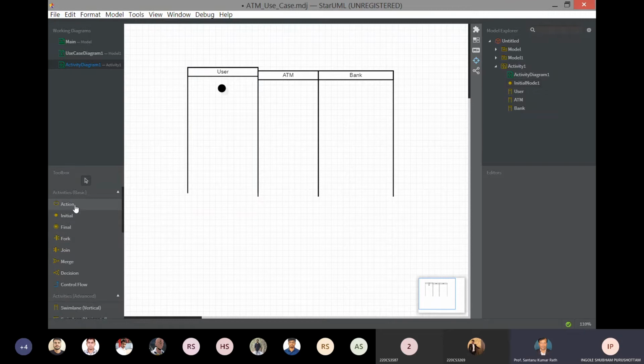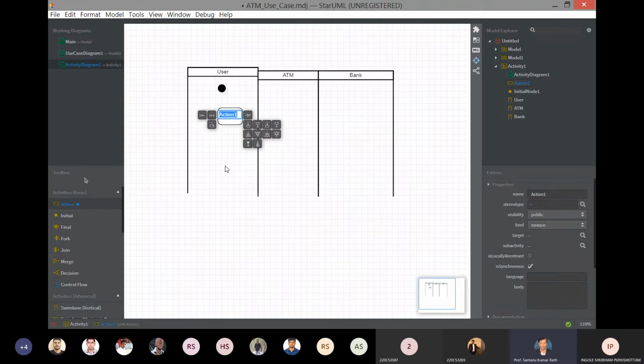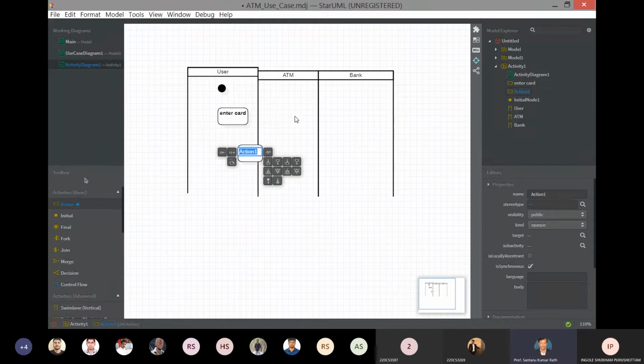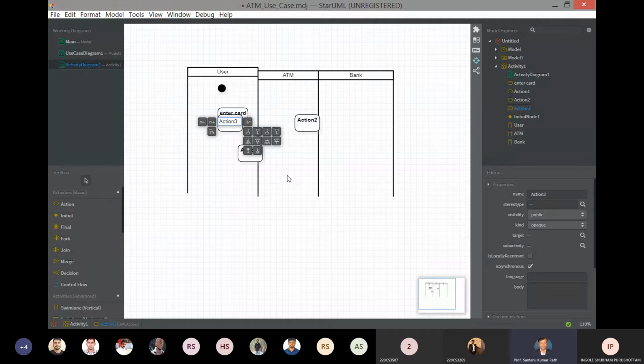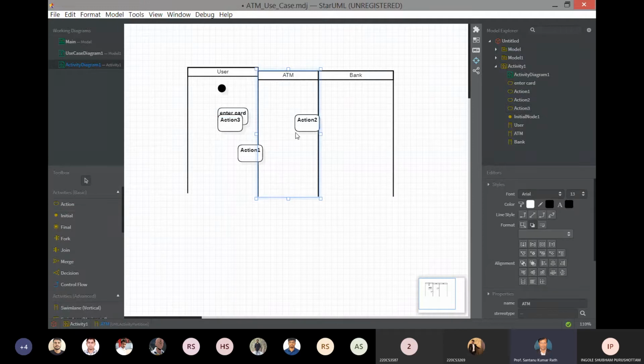I will take the first option, action. Enter card. So this is the first activity, enter card.